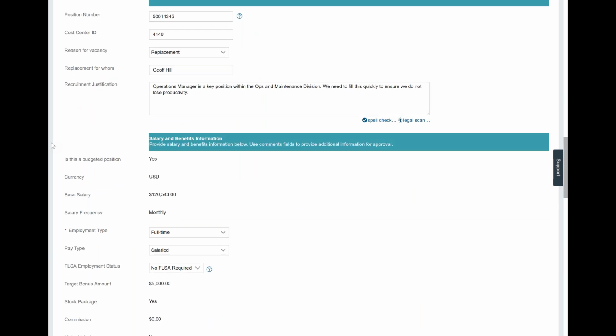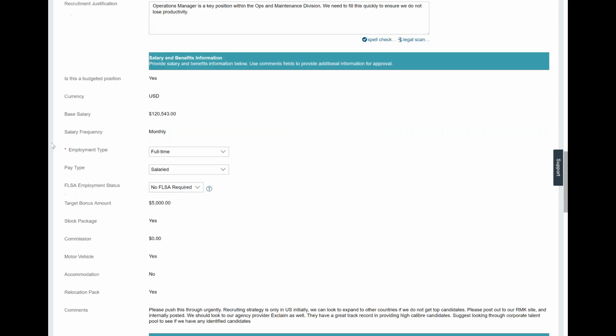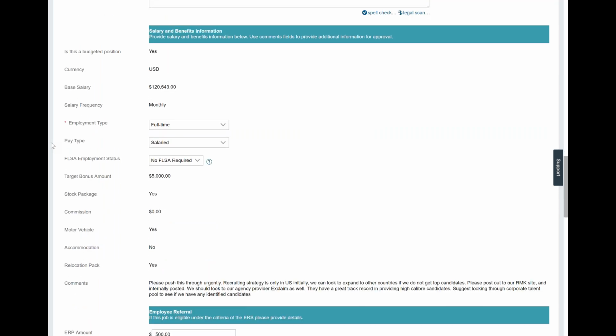Is it a replacement or a new opening based on additional budget? And then information related to salary, pay, and benefits. So what is the pay for this particular opening? Any bonuses or stock options or commissions are included here as well.